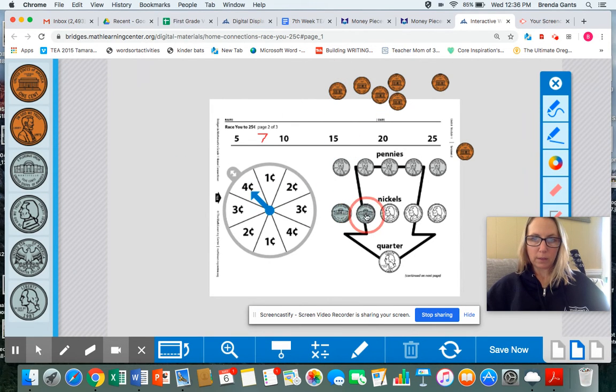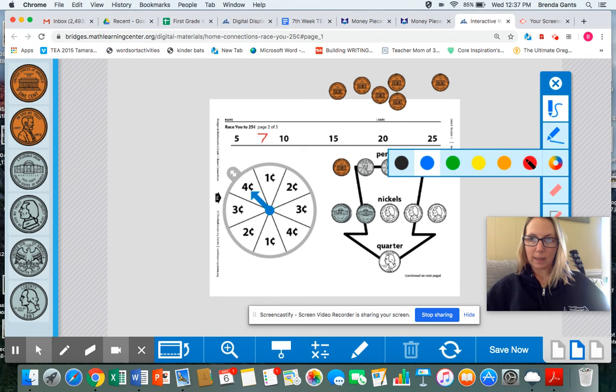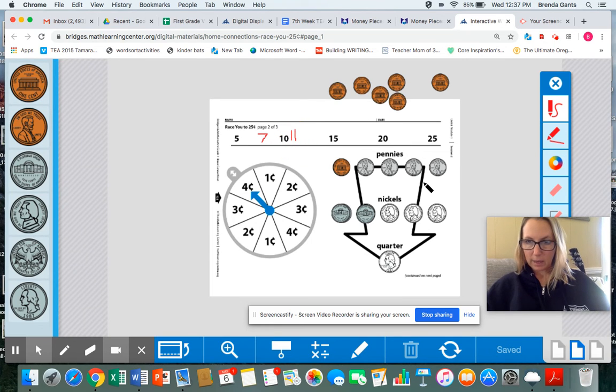Ooh, I have 2 nickels. Now there's a space for this penny to go over here. Ooh, I am now up to 11. So 11 comes right after that 10. So I'm right there. Okay, so we're going to keep playing